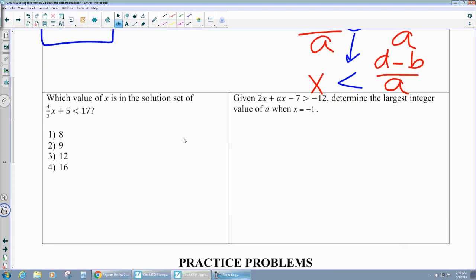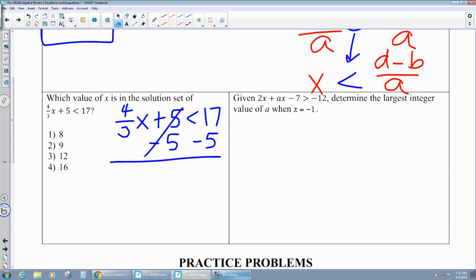Okay, 2 more problems. We got this. So which value of x is in the solution set of? I always like to rewrite my problem where there's space for me to do it. So 4 divided by 3x plus 5 is less than 17. First, let's subtract 5 from both sides. And I get 4/3 x